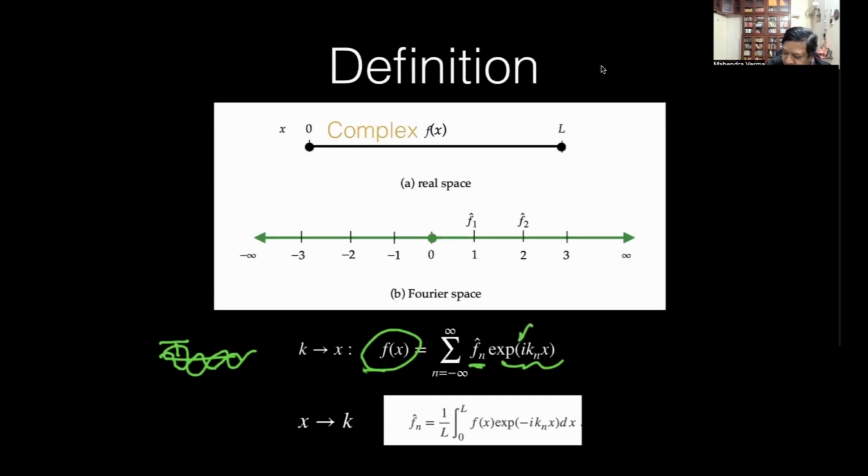And why do I use this one? Because the derivative of an exponential is an exponential. Okay, the derivative of sine becomes cosine, and that complicates things a bit. Though it can be done, you can work out sine transforms and cosine transforms, but the exponential is very convenient because the derivative of an exponential is an exponential. Okay, now, so that's the whole idea. And it turns out I'm going to show you how to use this for solving differential equations. That's what we'll do in the course.